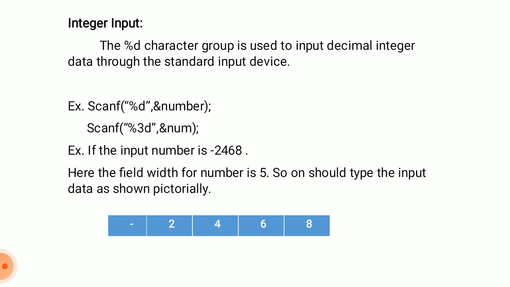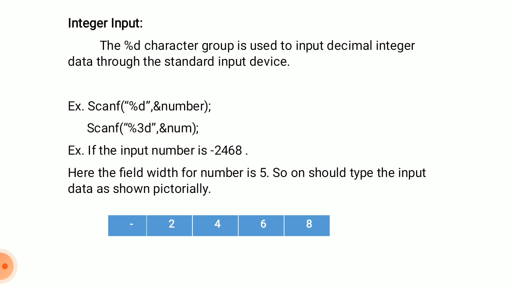The syntax, or the general form, is scanf within the parenthesis, in the double quotation, control string, comma and address list. In the control string we have to mention the conversion character, and it may specify one or more conversion characters. The % symbol is nothing but a conversion character. You may include more than one conversion character in the control string, and comma and in the next, the address list. The address list is used to store the value of the variable. Address means the memory where the data of the variable is stored.